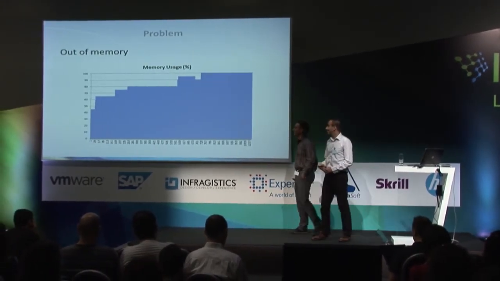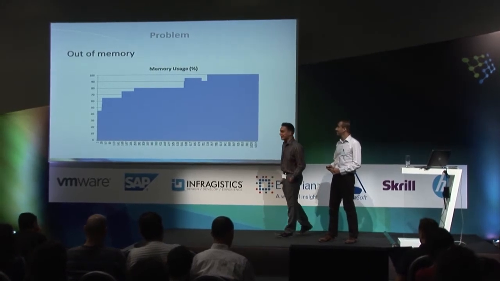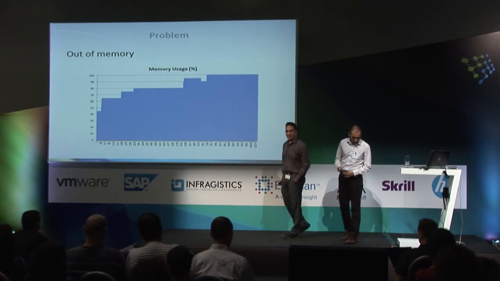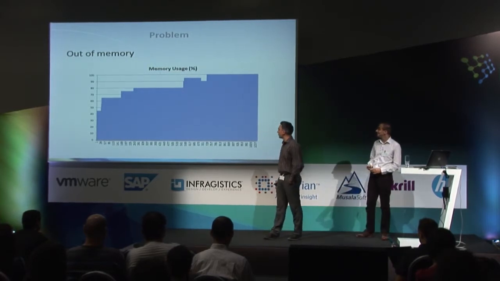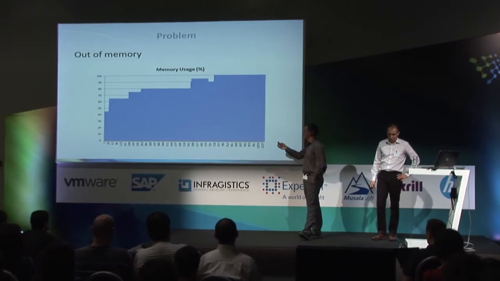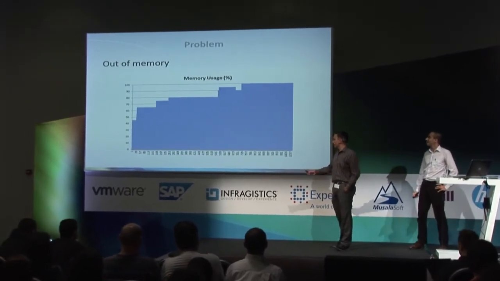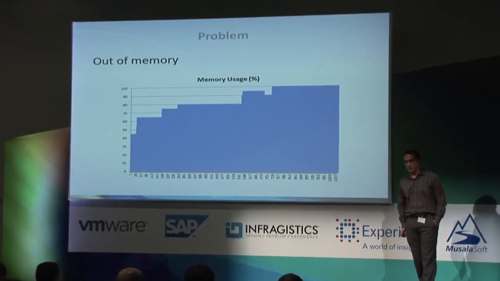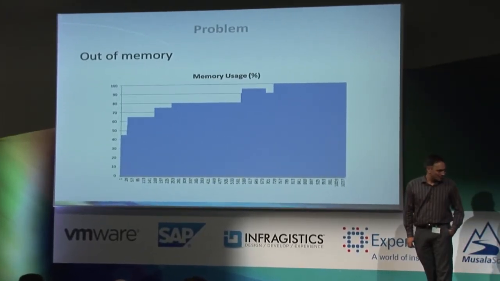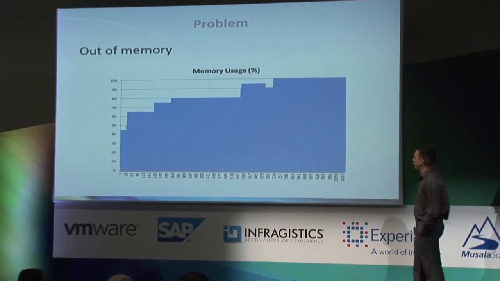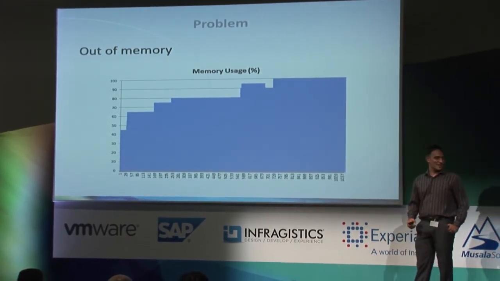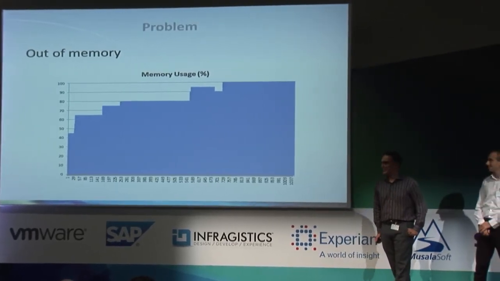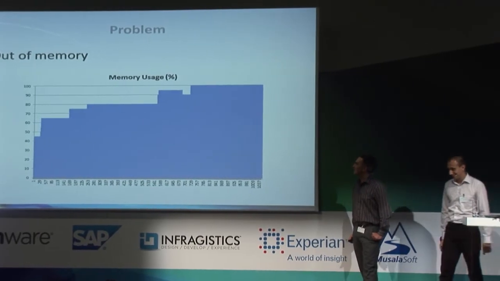This is the always popular out-of-memory exception that we used to hit a number of times when running the automation workflows. At some point of the workflow, within seconds from the execution of the workflow, all the memory would be used. For QA, it's very easy to discover such an exception, but probably for a developer, it's not so easy fixing it. So let's see how development fixed it actually.